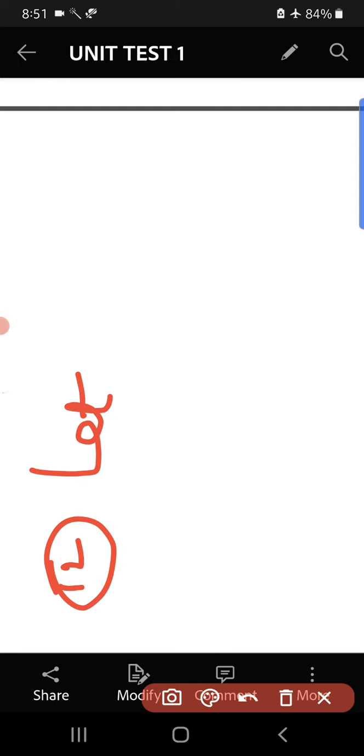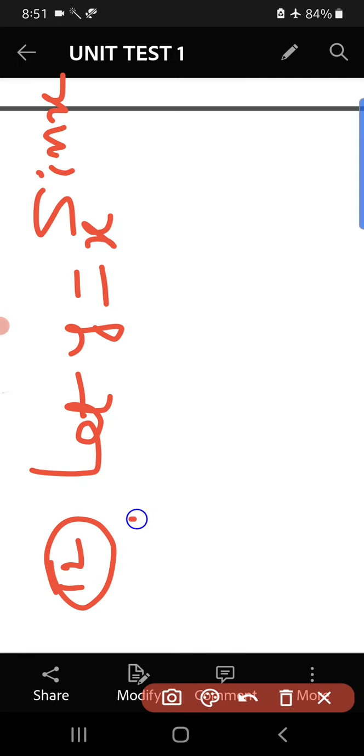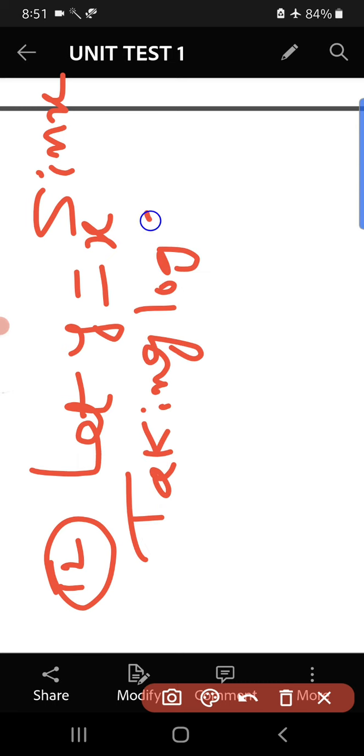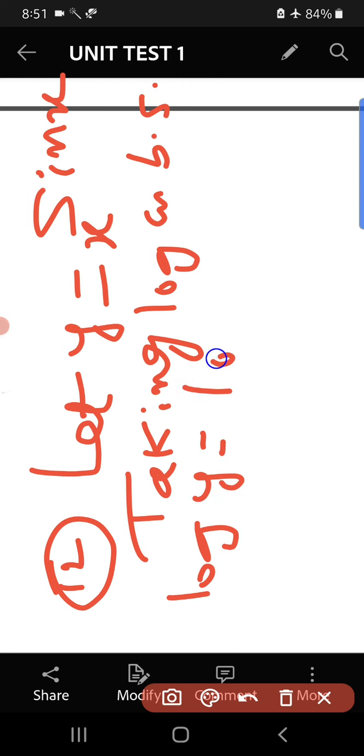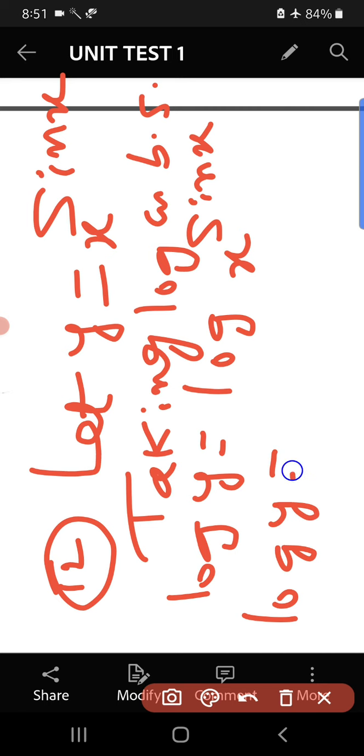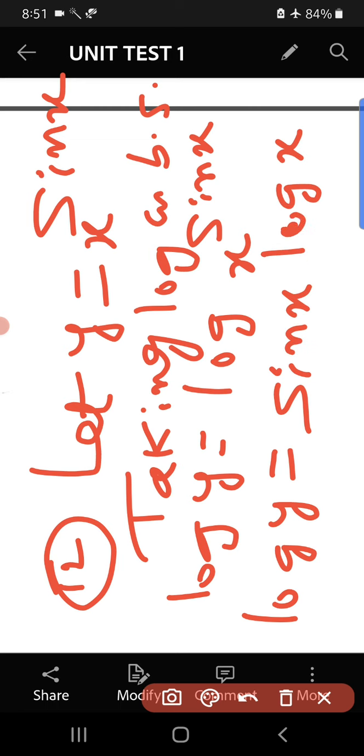12th problem is differentiate x to the power sin x with respect to x. So consider that as y equals x to the power of sin x. It is clearly showing that we have to take log. Log on both sides. So that is log y equals log x to the power sin x. So before differentiating on the right hand side, make sure that you use the property log m to the power of n is n log m. So I can write that as sin x into log x.